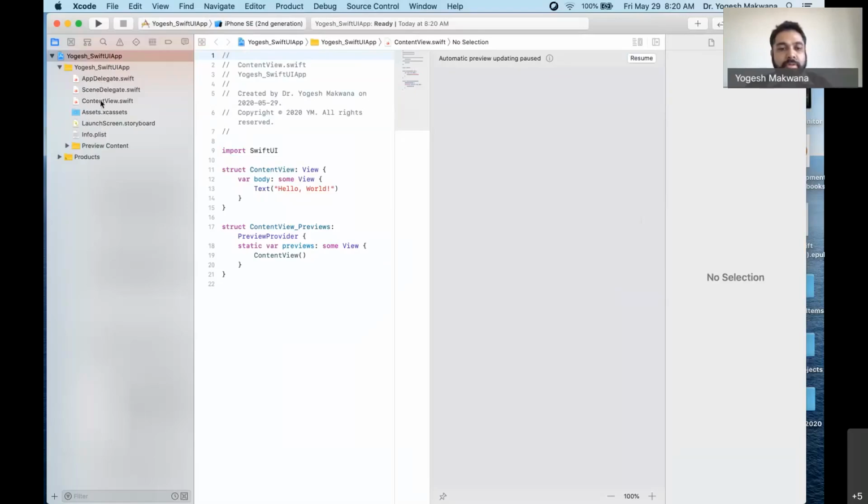Okay, before we move on, this scene delegate and app delegate. Anybody know what the difference between the two of them is? So, like we talked about last time, delegate is basically a callback mechanism. It's a listener, and